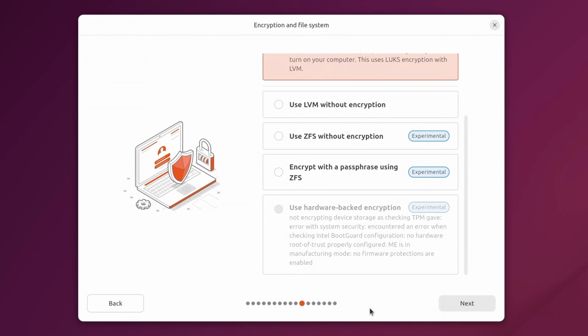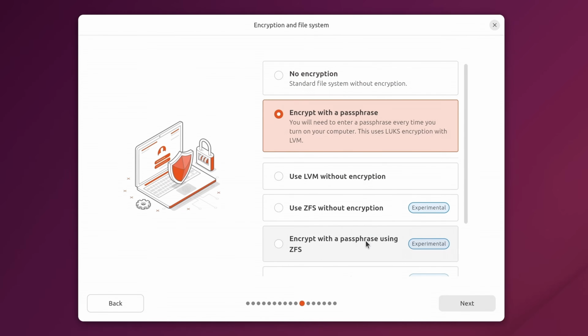Another option we have is to use hardware-backed encryption. Now that option is experimental, but if you select it, it's going to encrypt your hard drive and also use your TPM chip, if you have one, to protect your key. Now that option is also experimental, so again, it's not ready for production, but it is something that you can test if you want to. However, in my case, I don't have a TPM chip on this particular computer, so the option is grayed out, but if you do have such a chip, you will be able to select this option. But either way, I don't recommend that you choose this for production systems,